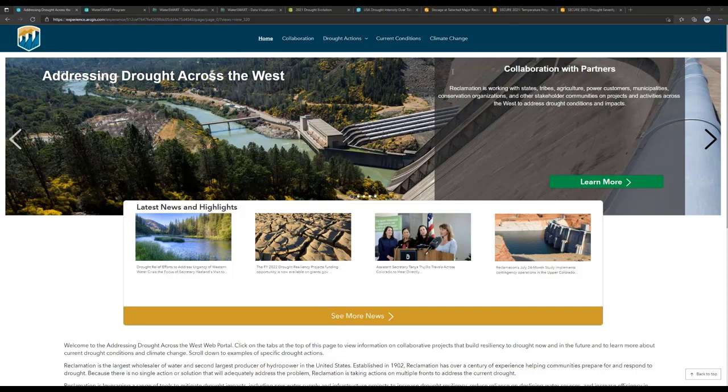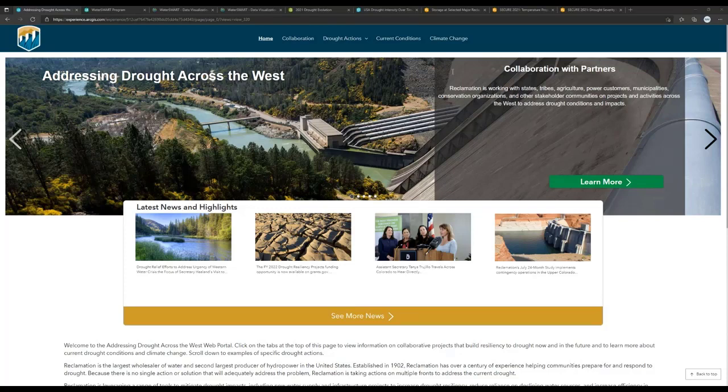And I should add that we developed this portal just, I think it went live last week, so it's very recent, and we are looking for ways to always keep it fresh and to add information. So as Reclamation employees, if you have ideas on projects, activities, or information that you think we should be sharing, we'd be very happy to hear those suggestions. So please feel free to reach out to me if you have ideas like that.